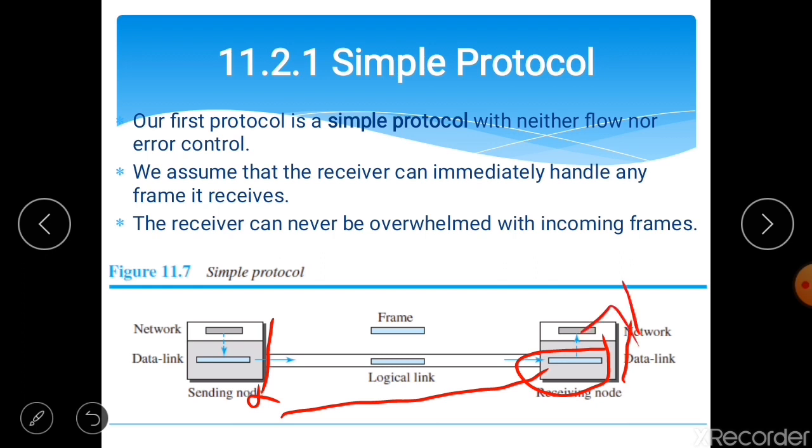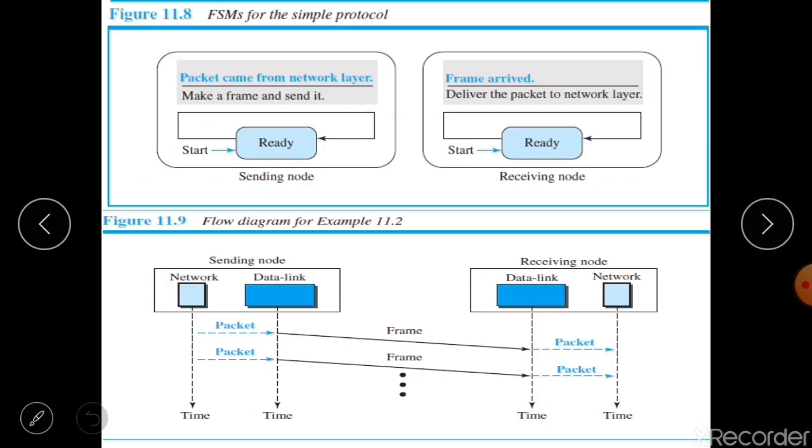The data link layers of the sender and the receiver provide transmission services for their network layers. The sender side should not send frames until its network layer has a message to send. The receiver side cannot deliver a message to its network layer until a frame has arrived.